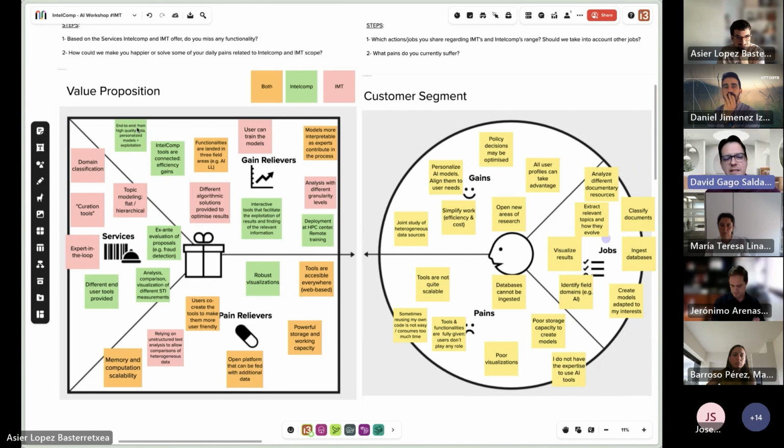And as for the co-creation of gains, I'm going through this very fast because I don't want to monopolize the discussion. So let me first concentrate on gains applying to IntelComp as a project. What is important from IntelComp is that the different tools are very much connected. I mentioned before the evaluation workbench, the STI participation portal, the STI viewer and even the IMT. All these pieces are pieces of the puzzle,